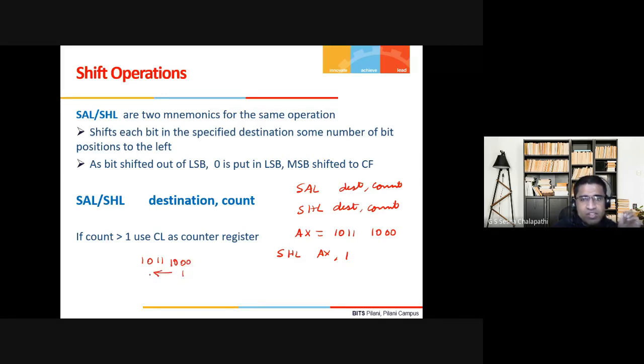What will happen if I do a shift left? It will become 0111 000, and the LSB will become 0.